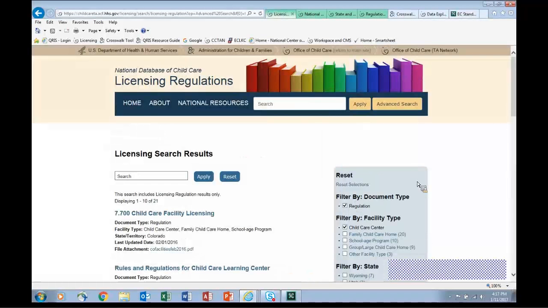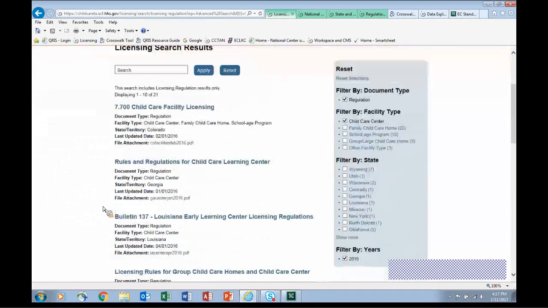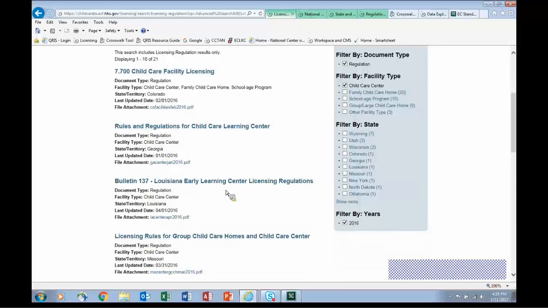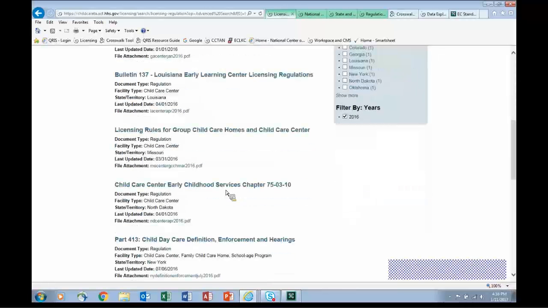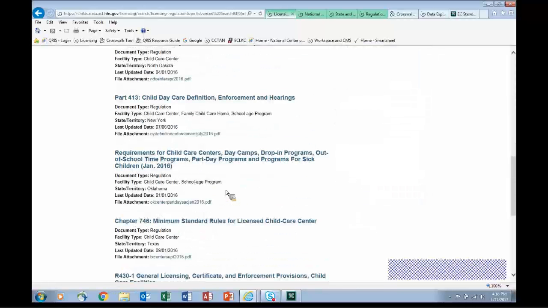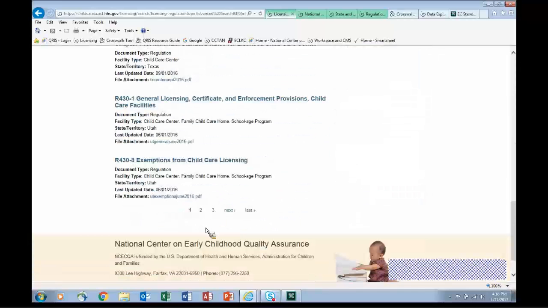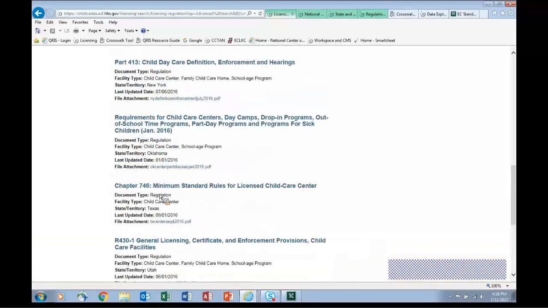So next, the list down here will show you in alphabetical order by state all the state regulations that were updated in 2016. I think there's 10 that show on a page, so you have to go down to the bottom to scroll through and get to all of the results. But that's basically how that works.